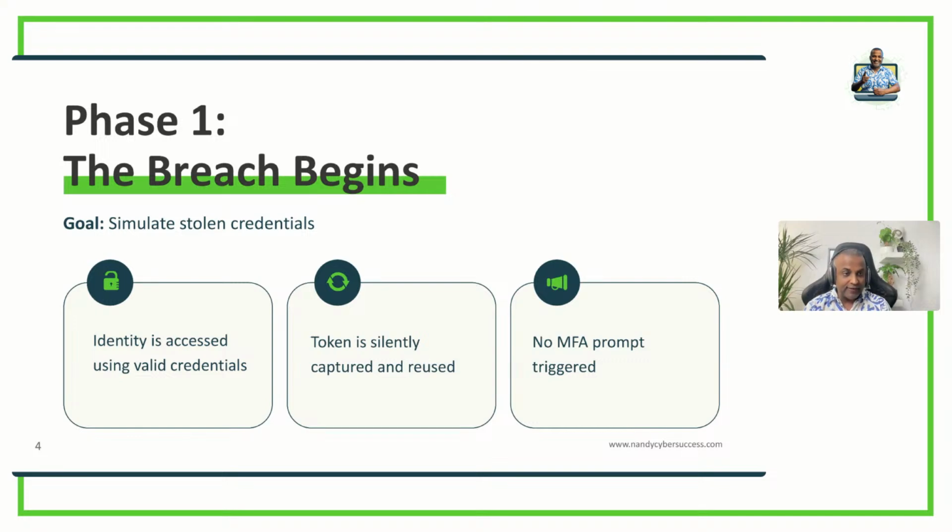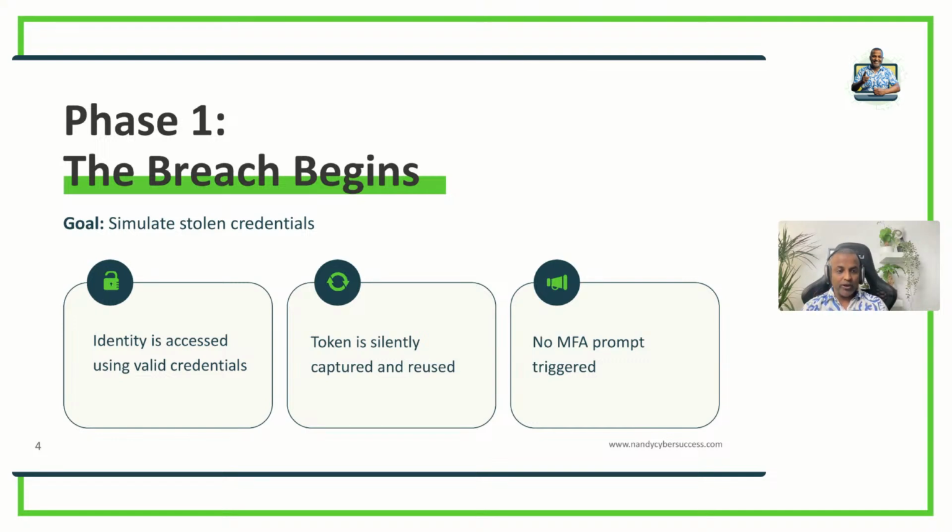Those weak passwords, they still use passwords, and token silent captures. We're going to demonstrate today about that. Basically, every time you have an access authentication, a user authenticates, that token gets released, and then if you can hijack that token, you will have a similar kind of privilege that the user had. So if somehow that token gets stolen, you will have similar privileges, and you can actually do lateral movement with that. And no MFA triggered,